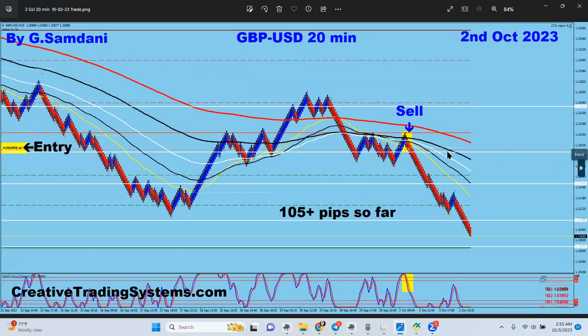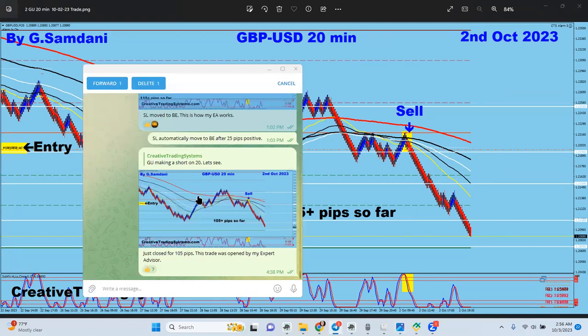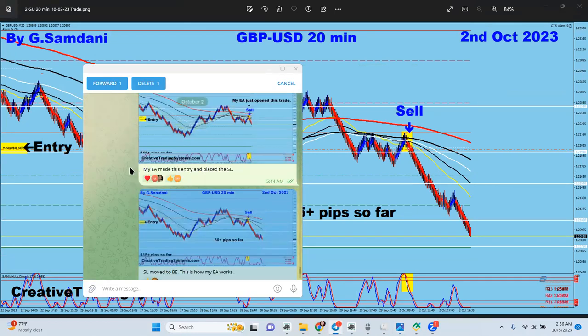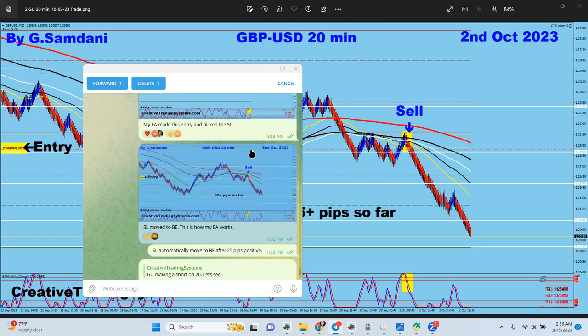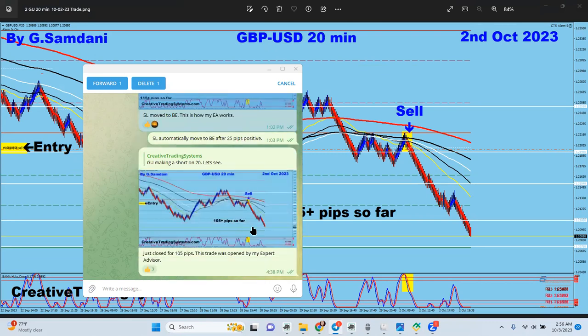And then another trade yesterday on the 2nd October was pound USD. Still USD very strong. So this pound USD, Euro USD keep going down, and this is by the book, beautiful short entry all the way down. This was also taken by my robot, and this one I put on the Telegram. It's still there. I can show you here. You see this entry here, pound USD, my EA made this entry and placed the SL already. So this is done by my EA, and then this is how it went down, and then all the way 405. Then I closed it. So yeah, very, very nice